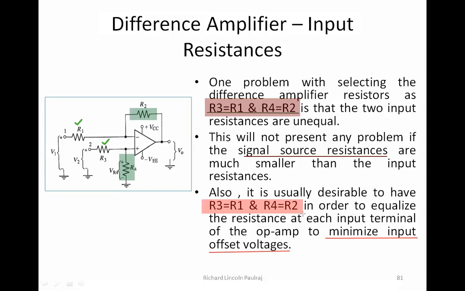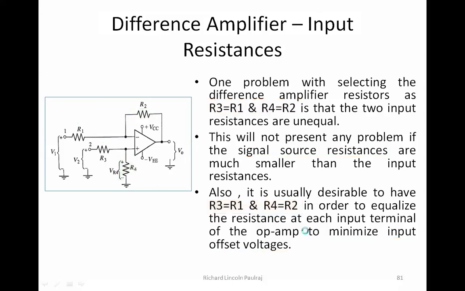There is going to be a change in the input levels, and this slight change, the delta V, is nothing but called offset voltages. Can you recall those concepts which we discussed? Yes. So ultimately, the differences in input voltage are going to impact my output voltage as well, right?